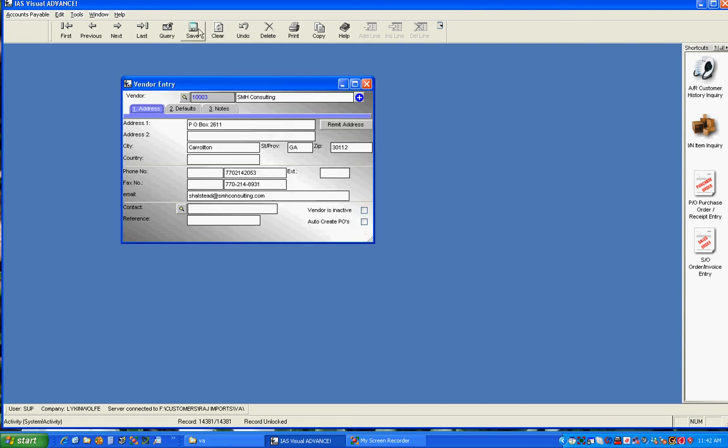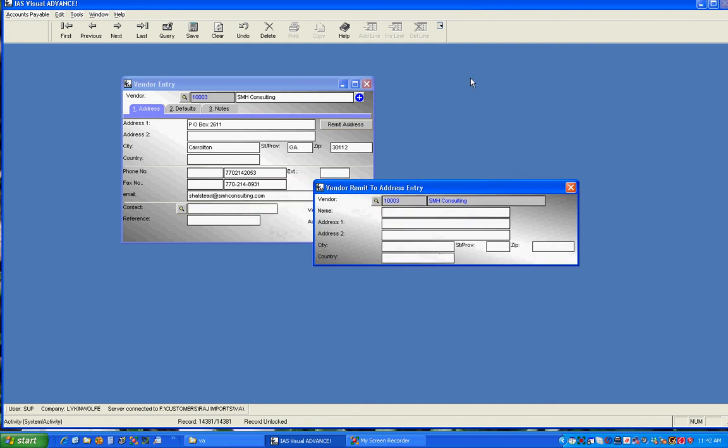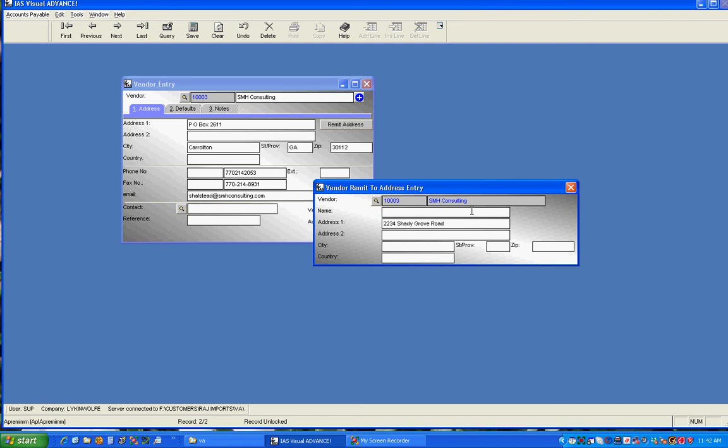Okay. All right, and the last thing you need to fill in is over here, and this is kind of unfortunate. Click Save first, then click on Remit to Address. And you have to actually fill in where the actual payment is going. So, 2234. Huh? No. We never go up there. Is that the name or the address? That's the name, and I'm putting it in the wrong place. Cut, paste, and